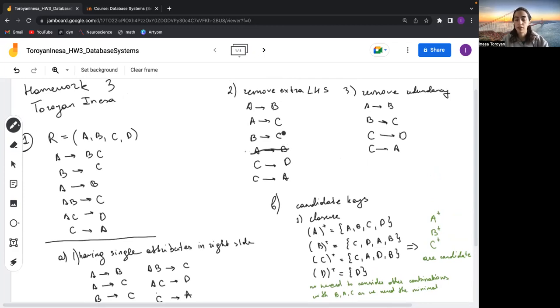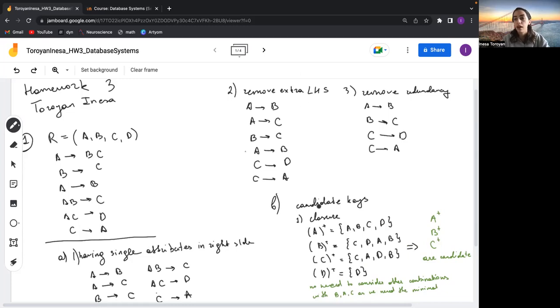Other than that, we have that A goes to B, we have that B goes to C. And from this, we can derive directly that A goes to C because of this property that is called transitivity. And this means that we do not need to explicitly specify this functional dependency. We remove these 2 lines, and we are left with these 4 functional dependencies,